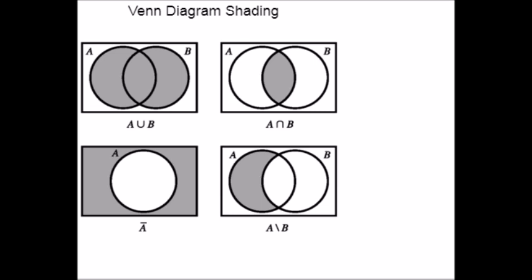The topic that we are going to discuss in today's video is Venn diagram shading. First, let's see the basic definition of a Venn diagram. A Venn diagram is a tool which helps us to visually organize and display the relationship among sets. Venn diagrams typically use overlapping circles to illustrate the logical relationship between two or more sets of items.